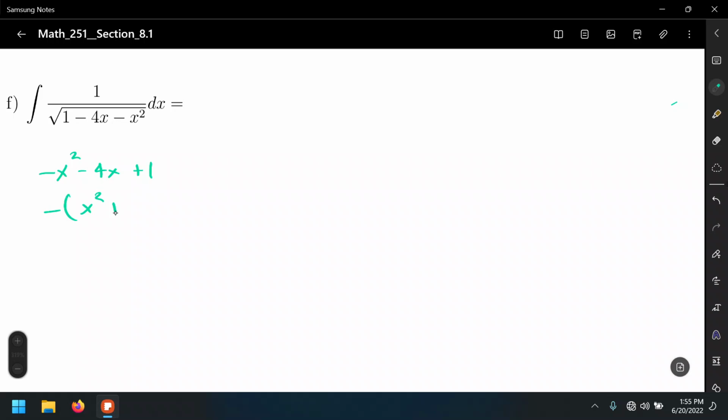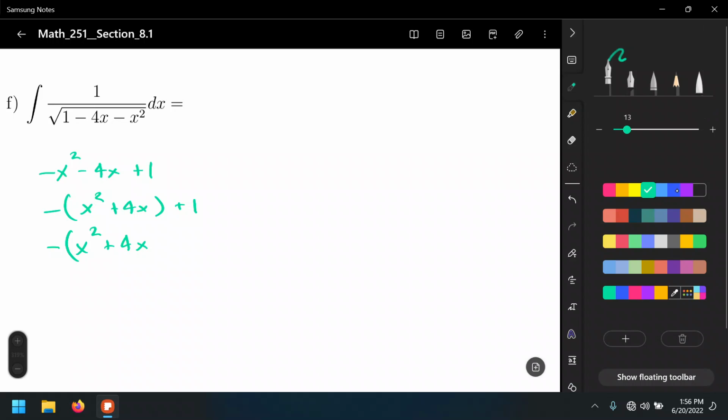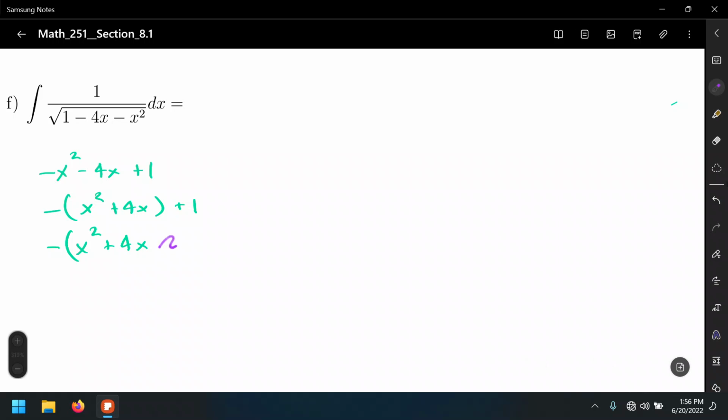Negative, x squared plus 4x plus 1. Well, in this case, we need to introduce that magical number that completes the square. How do we introduce it? Well, negative x squared plus 4x plus number